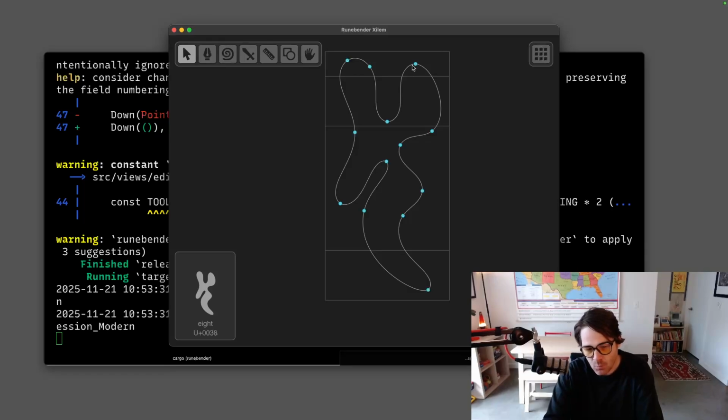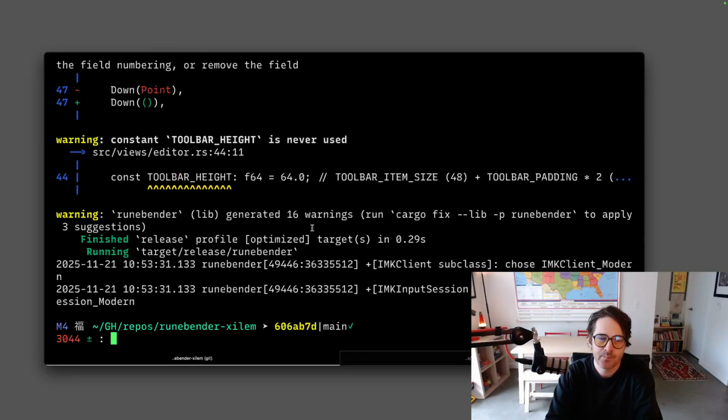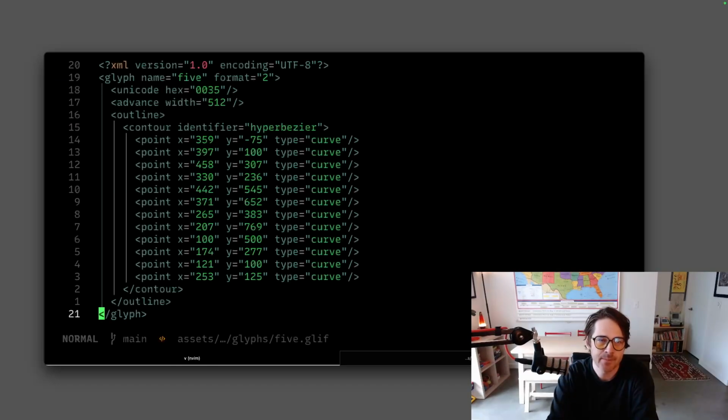So what I've done is I've basically just made my own little mini Hyperbézier spec, and I've put that in the Runebender Xilem repo, and I've given it like special instructions, so I guess it would kind of make sense to show